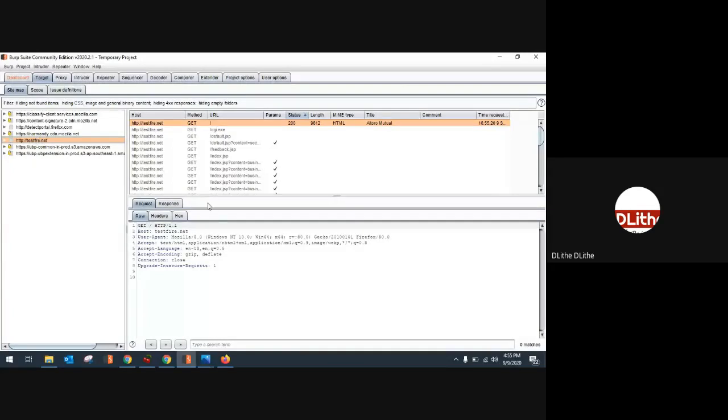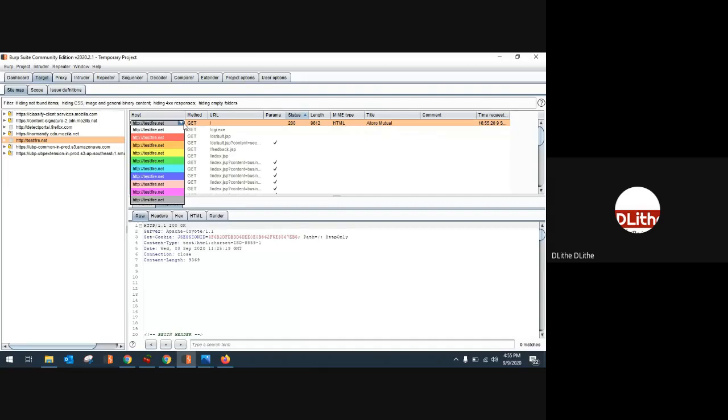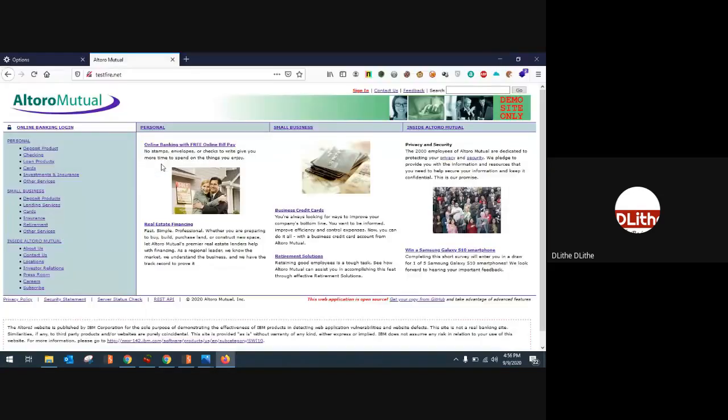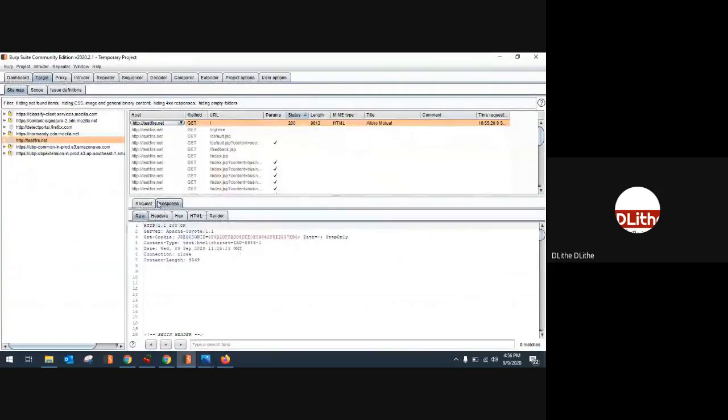On the right part, the first tab above indicates the endpoints or web pages that you've accessed, and the lower tab indicates what data you have sent and what data you have received. Request means what you have sent, response means what you have received. Using a very basic GET method, a very basic test, I'll just access the home page. While accessing a page, this is the request that your browser is sending to the website, and this is how the website is responding back to you. We'll see more about web requests and responses when we come to web basics.